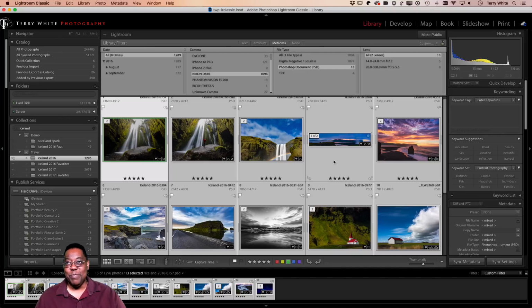All right, so by the way, bonus tip, now that I've got these selected. One of the most frustrating things that people end up doing is they select 2 or more photos like I just did, and they do something, and they forget to deselect. And then they go in to develop, and they end up developing or editing multiple photos that they didn't mean to edit. So you have the ability to go in and deselect.